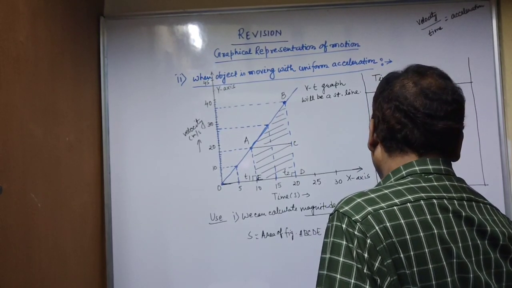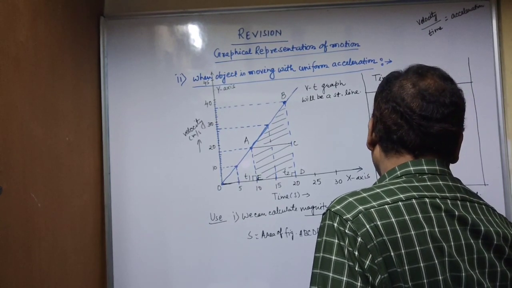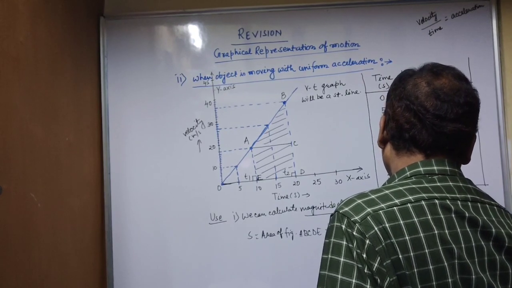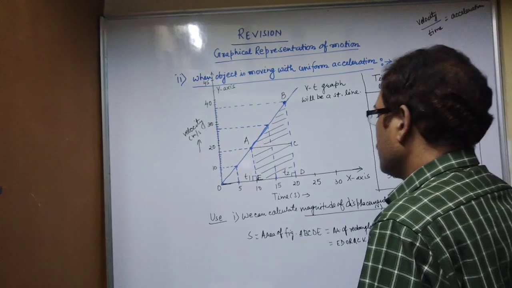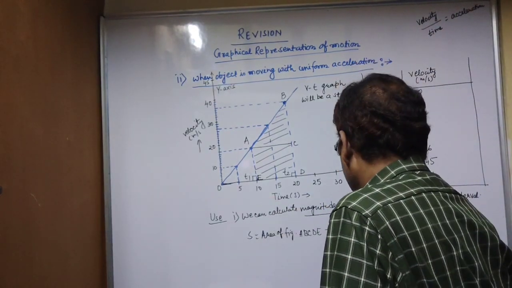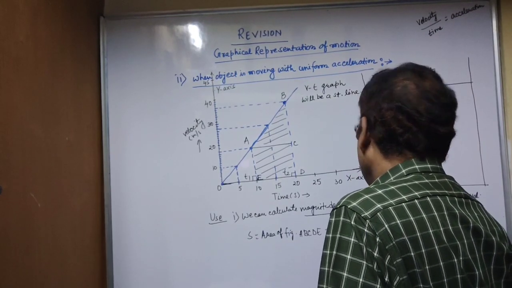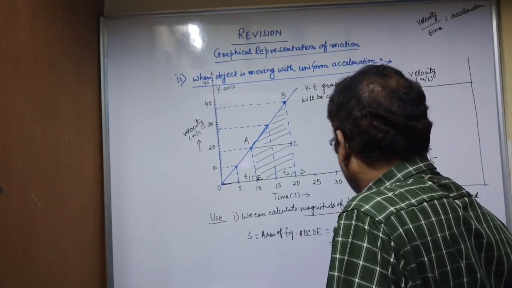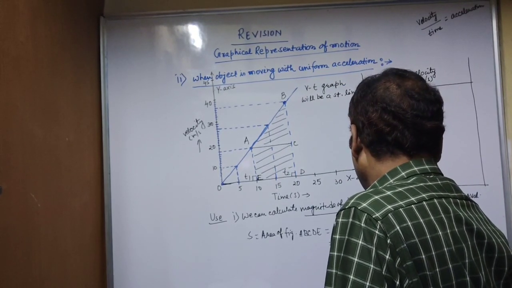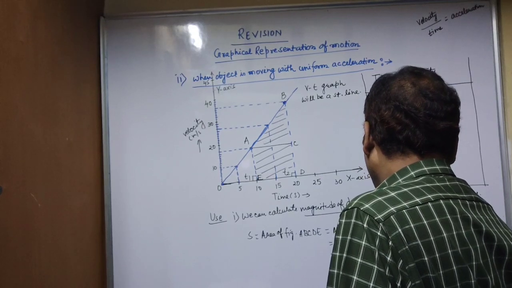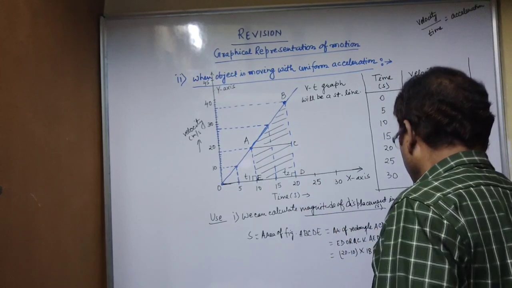Plus area of triangle, as you know, half base, so base is AC and height is BC. So ED is how much? ED is 20 minus 10. ED represents time, and AE is how much from our graph? AE is 18, plus half AC. Again, AC is 20 minus 10,